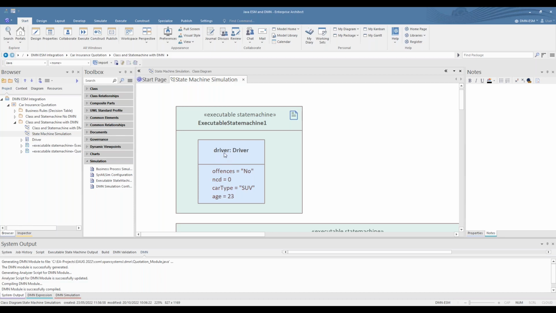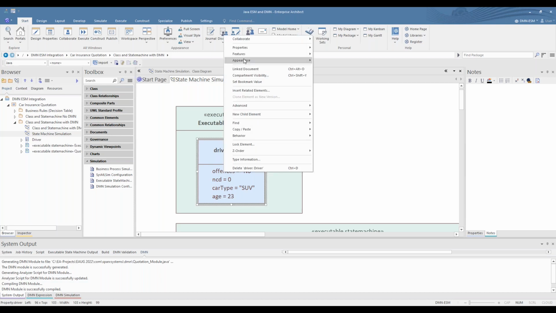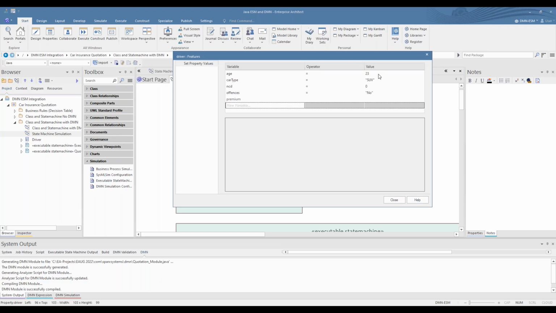You can then give it a name. What you can then do is right-click this, go to the features, and set the property values. These property values will be the same as the input data sets that we used to test the decision table, if you're with me so far. Of course, you could put other data in there if you wish.